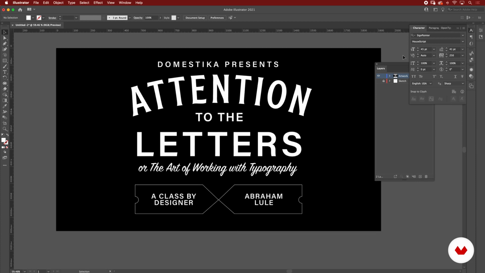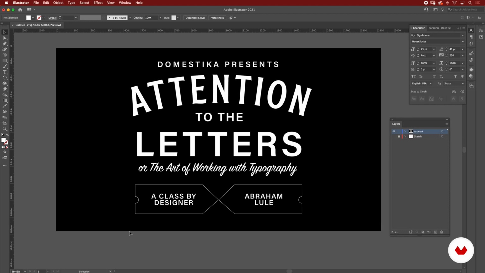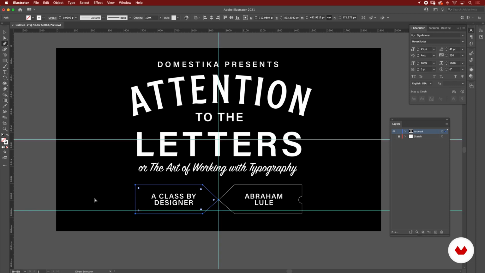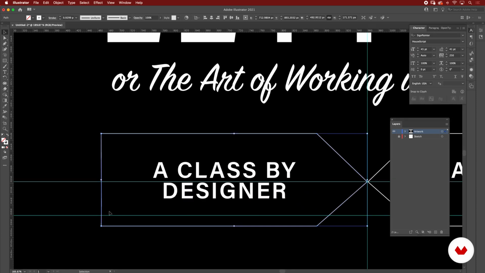Looking at it this way, one of the things that I'm not convinced about at the moment are these circular devices. Maybe this is not actually needed, and maybe we don't actually need this. I'm going to do something else. I feel like the shape of the X in here is really working, so maybe we repeat that in here. I'm going to bring my pen tool and the guides. I'm going to draw another guide there, exactly in the center. There we go. Even if it's not the center of the bounding box, I think that might work because it's the center of our shape.